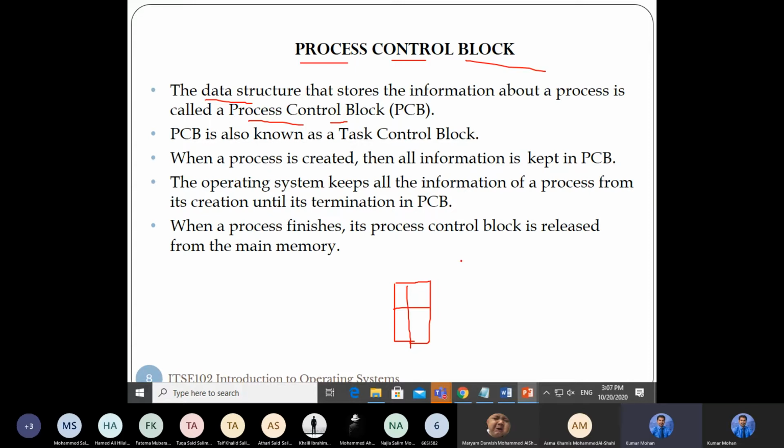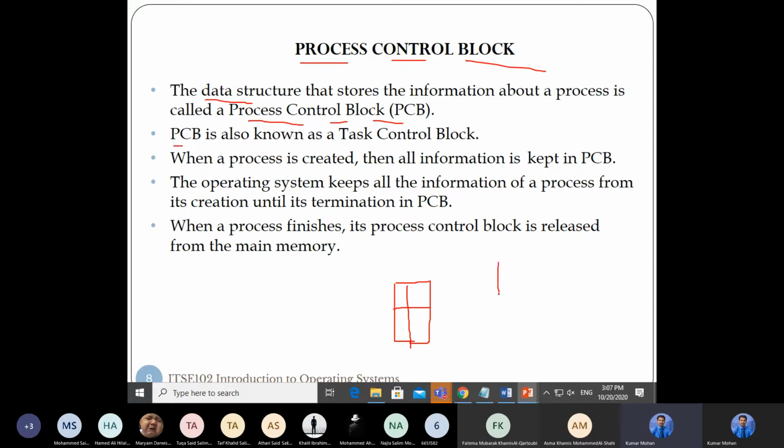What is PCB? What is PCB? Process control. What is PCB? Come on, tell me. Don't sleep. Process control block. Okay. So what is the other name for process control block?